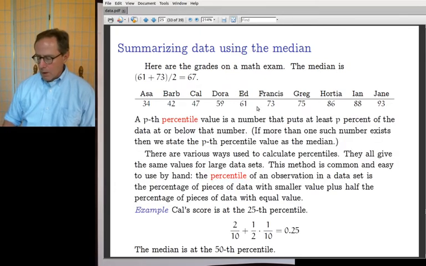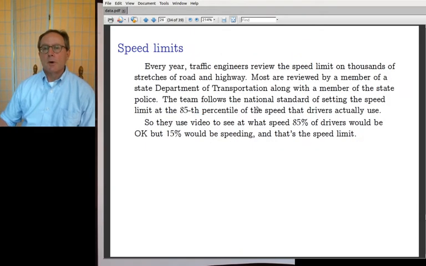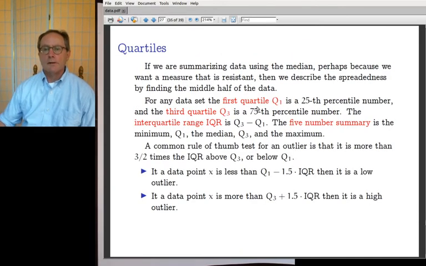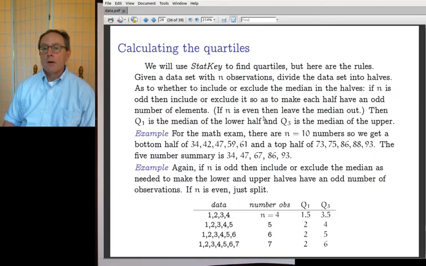And I want to skip over the talk about percentile, but I want to get to quartiles. For any data set, the first quartile is the number that is 1/4 of the way up through the data set, and the third quartile is the number that is 3/4 of the way up through the data set. So when you look at the data set that we were just looking at, we find,